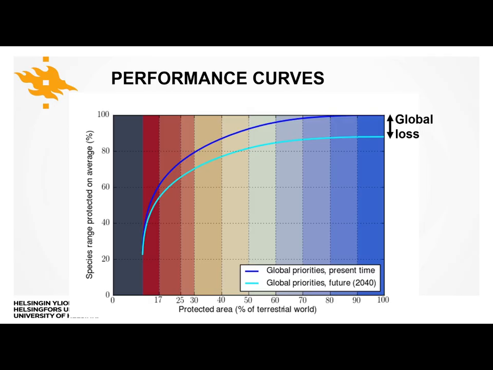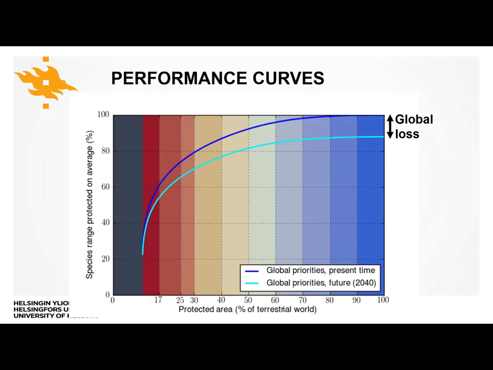These now present species range protected on average with this model that we presented on the map. And then we tried to think about how to make these lines meaningful and readable. First of all, choosing super bright colors, but also coloring the background with the same background as the map. That wasn't the usual case in Zonation analysis earlier. Now everyone does it because it's easier to interpret: what was red on the map is here as well, so we can see that from the current level of protecting terrestrial vertebrates, roughly 20% of their ranges,